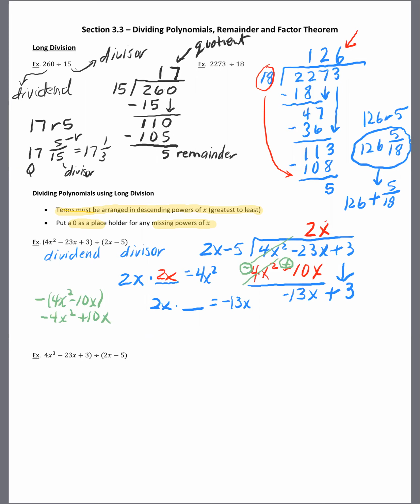So in this case, I know that I can multiply this by a fraction number. And if I take 2 and divide that into 13, that'll give me 6 1/2. So just for my purpose, -6 1/2,